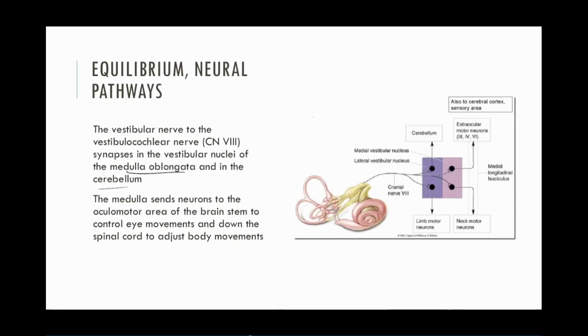Medulla sends neurons to the oculomotor area of the brainstem that controls eye movements and obviously helps with our body movements. Whenever you hear a sound, your eyes dart to the sound or to the side of the body you heard that sound. If you hear a loud sound on your right, your eyes will go to the right automatically. It's all part of this neural pathway that we have set up to keep our balance. So you can see here,